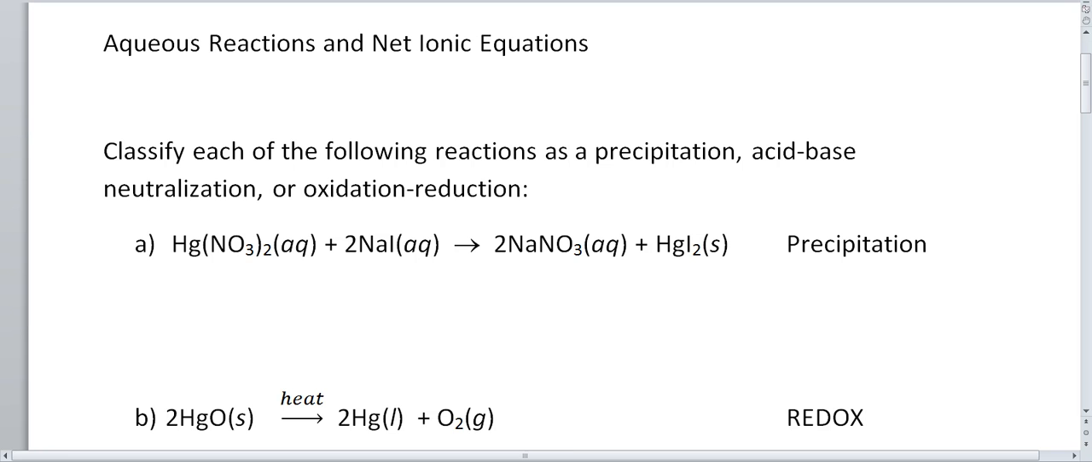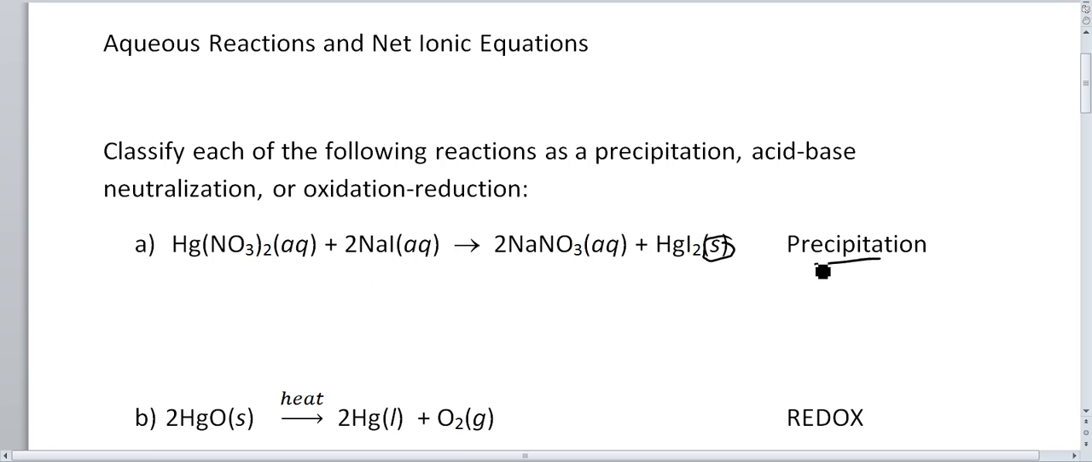These two problems deal with aqueous reactions and net ionic equations. You're asked to classify the following as precipitation, acid-base, neutralization, or oxidation-reduction, or redox. Here you have mercury(II) nitrate reacting with sodium iodide to give you sodium nitrate plus mercury iodide. It's a solid, and it precipitated out when you put these two solutions together, so it is a